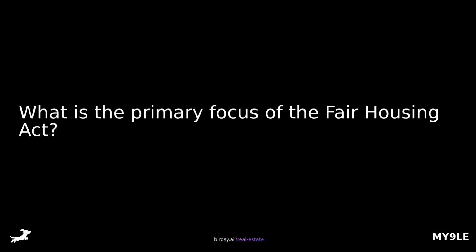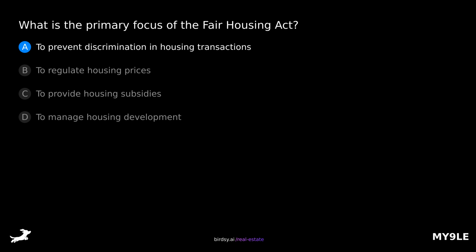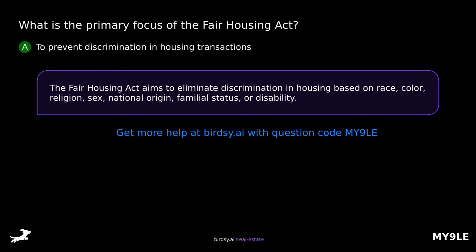What is the primary focus of the Fair Housing Act? Is it A, to prevent discrimination in housing transactions? B, to regulate housing prices? C, to provide housing subsidies? Or D, to manage housing development? The answer is A, to prevent discrimination in housing transactions. The Fair Housing Act aims to eliminate discrimination in housing based on race, color, religion, sex, national origin, familial status,